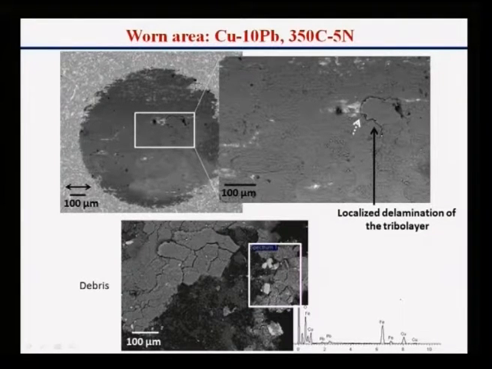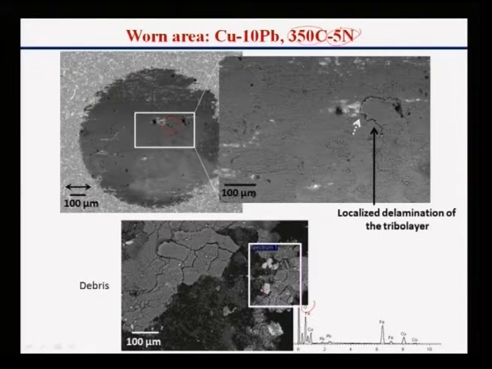Here I am showing you the use of a scanning electron microscope. As you see here, this is the worn area. You can see a lot of cracks, fissures, and you can even see delamination and formation of a tribo layer. And if I take the wear debris, you can see oxygen present, lead is present there, you can see white color, and copper is present in a delaminated form. So that is what I have seen. This is when the sintering was at 350 and the load was 55 Newton.